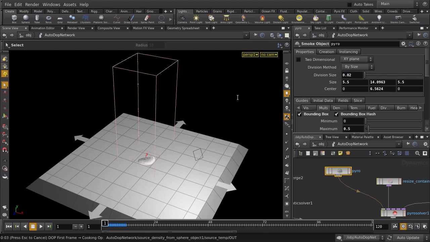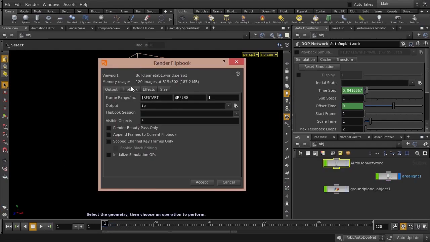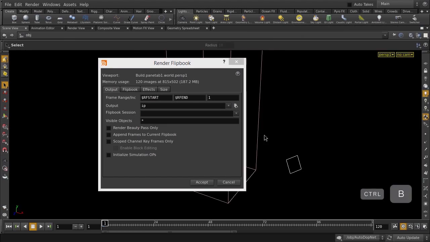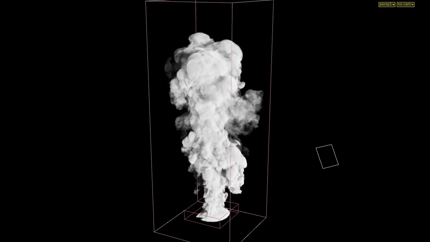that change. And now let's go back up to object level, and we can make a flipbook preview to see what our smoke will look like. And you can hit Ctrl and V to maximize your 3D viewport window and click Accept. But we'll just take a look at a pre-made flipbook preview instead. So that's the Houdini Smoke tool from the Pyro